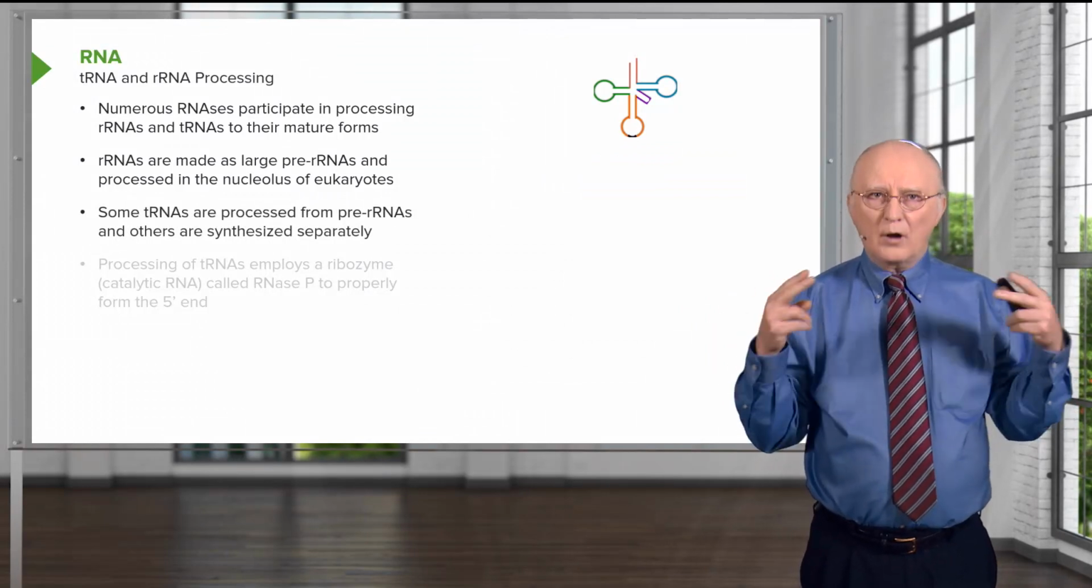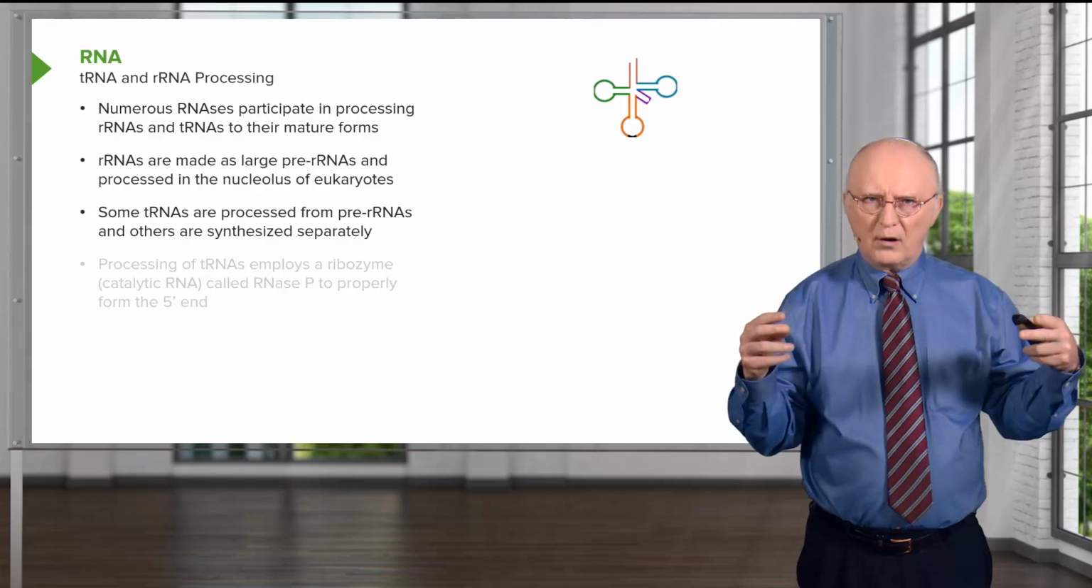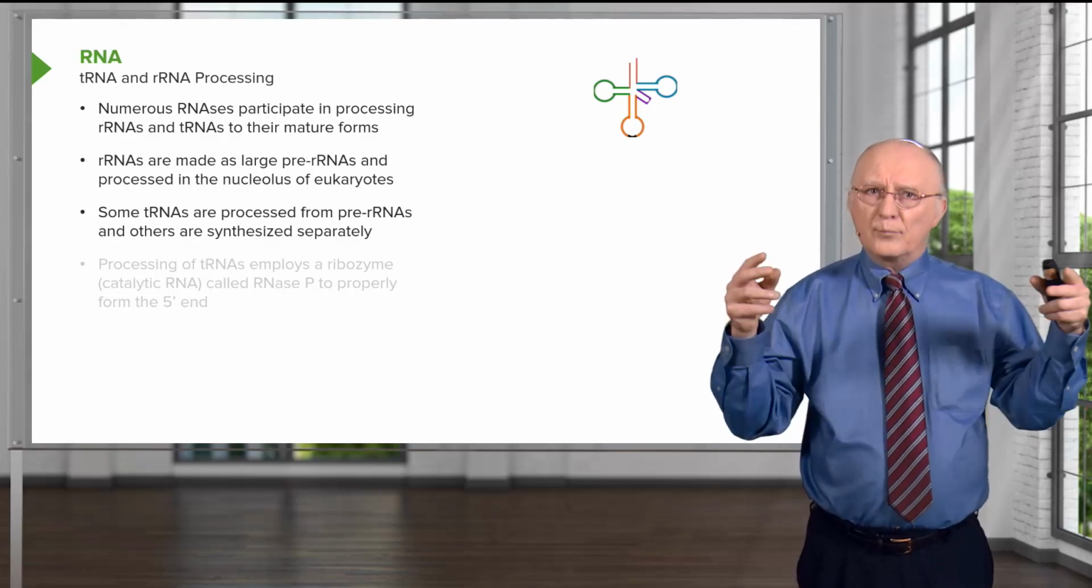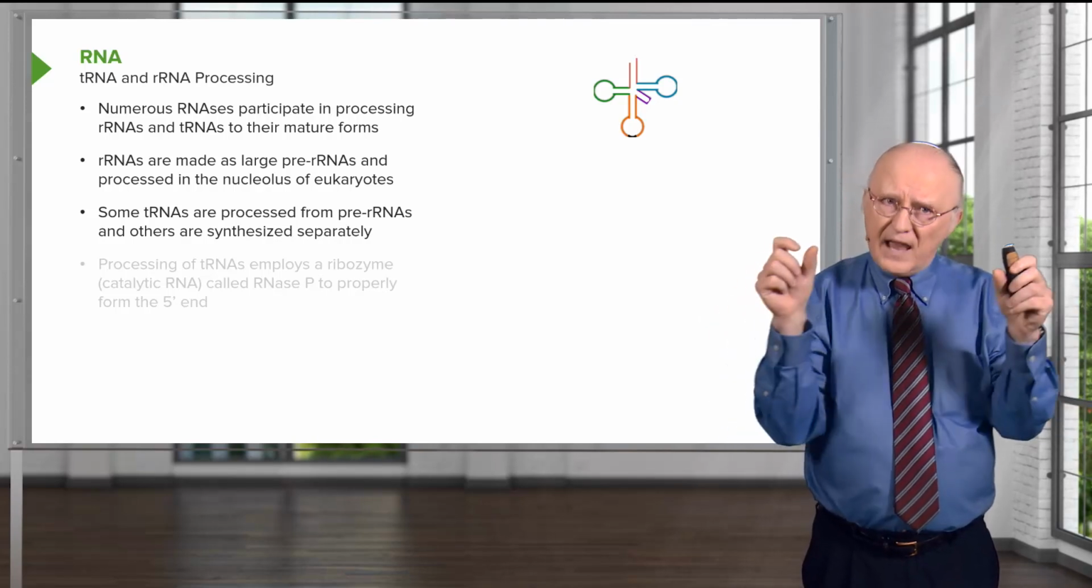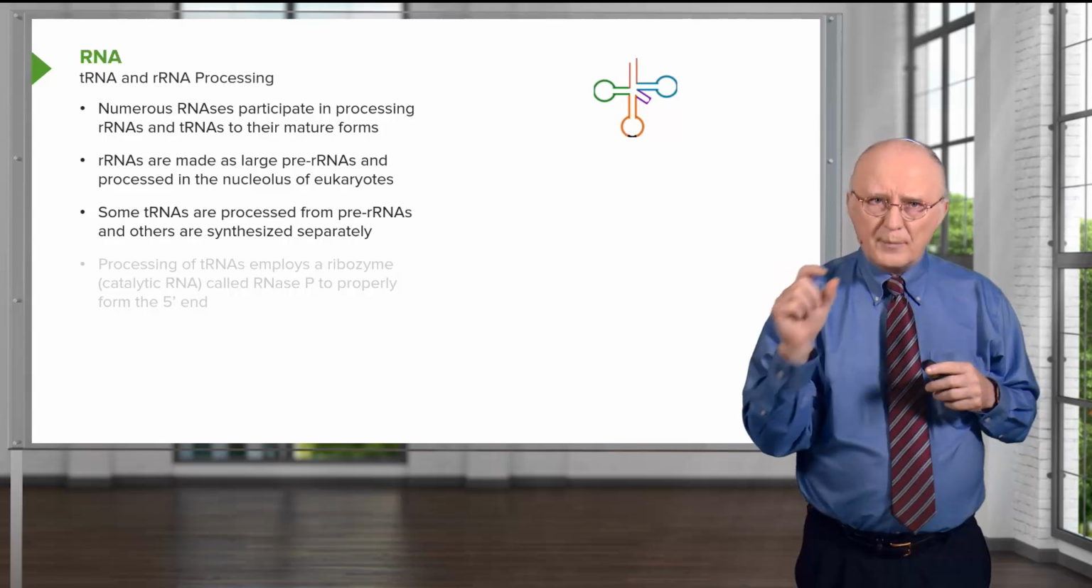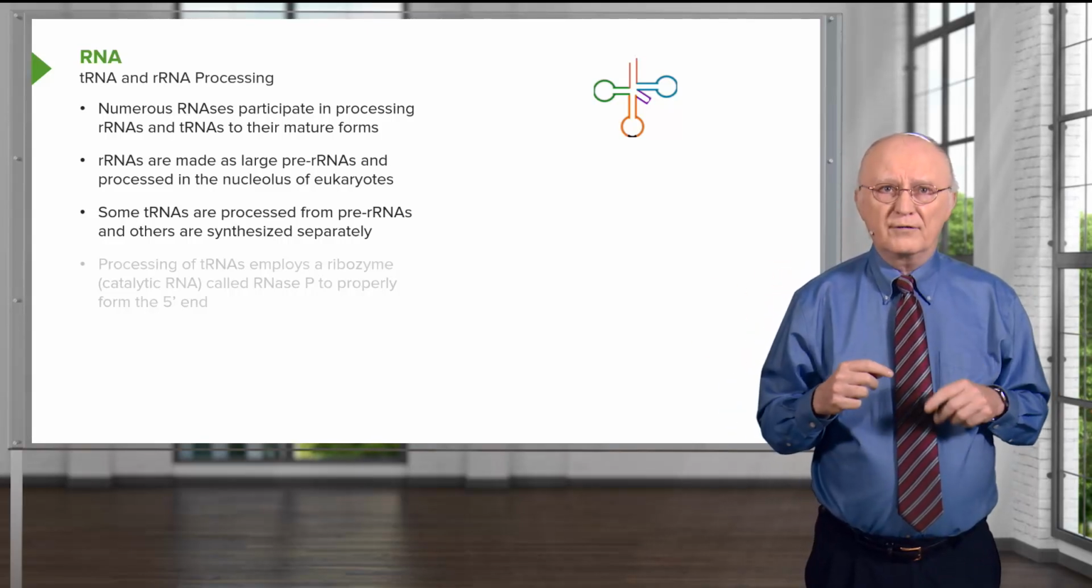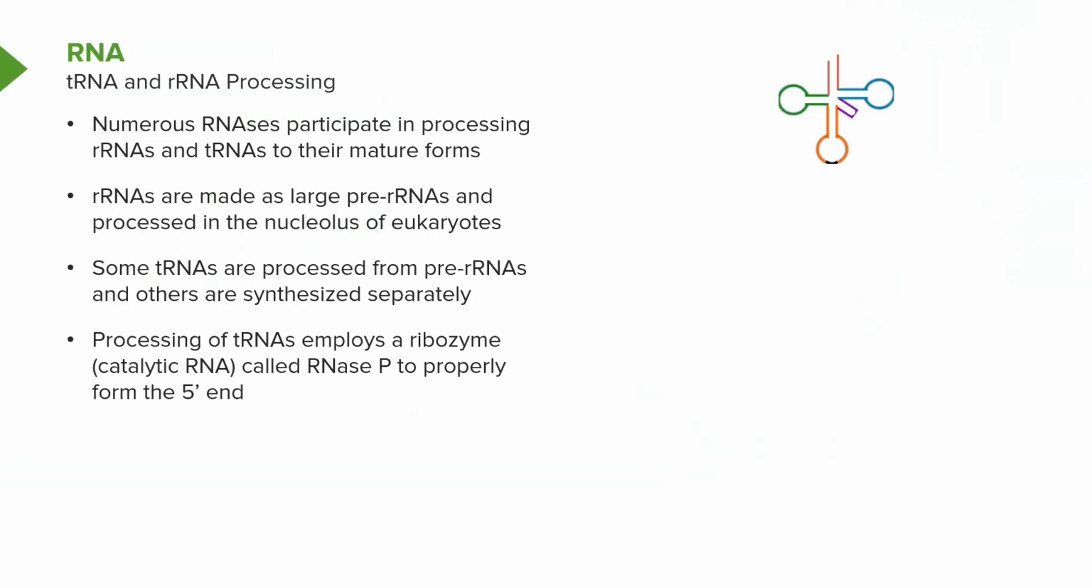Now, transfer RNAs are also processed, but interestingly, transfer RNAs are made on the pre-ribosomal RNA, meaning that in some cases they're made with the ribosomal RNA, and the individual transfer RNAs are chopped out and then modified as appropriate for their function. The processing of transfer RNAs involves quite a few enzymes, but one of the enzymes is actually not an enzyme, meaning that one of the things that catalyzes a reaction is actually another RNA called a ribozyme. This ribozyme is known as RNase P, and as we will see, it helps to form the proper 5' end